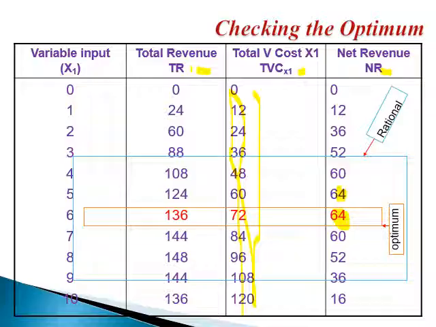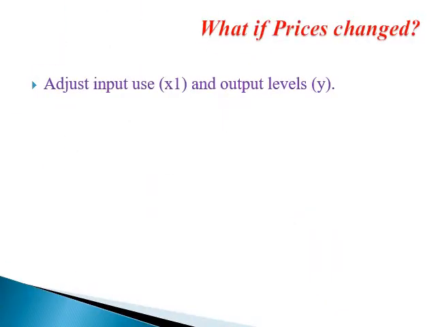Despite that using 5 units of the variable input results in the same value, right here at 6, we saw that graphically in the previous slide, this is where the marginal value product of the variable input is exactly equal to marginal factor cost. Now I'm going to jump to the slide next to it.